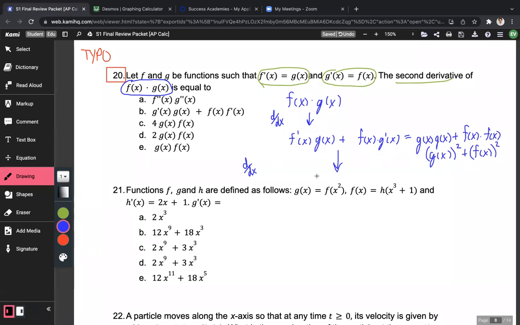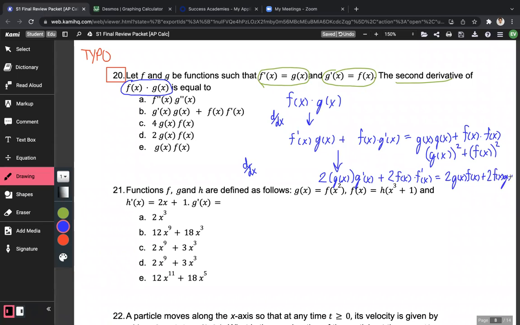Being very great with my annotations here. Let's use my simplified form here. Product rule means I've got 2 times g of x times g prime of x plus 2 times f of x times f prime of x. And again, using what we've learned up here, g prime of x is equal to f of x and vice versa. So that's going to equal 2 times g of x times f of x plus 2 times f of x